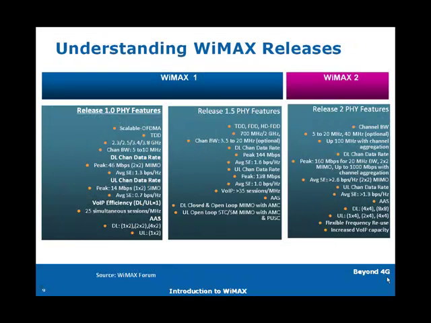Now in Release 2.0, there is a key feature I want to highlight to my audience: an improvement of 2 times in average spectral efficiency, so 1.3 has gone to 2.6 in a similar antenna configuration, and that is the performance that WiMAX 2.0 is targeting. And in uplink, the average spectral efficiency from 0.7 is doubled to 1.3. So there is pretty much 2 times more spectral efficiency in the same antenna configuration in WiMAX 2.0, and there is